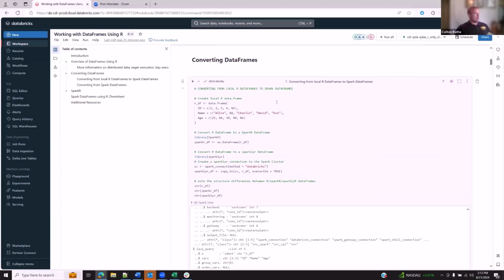Okay, let's hop in and start talking about some data related stuff. First, we're going to talk about converting data frames. This first example is converting from local R data frames to Spark data frames. I go ahead and make a sample R data.frame there. To convert that R data frame to a SparkR data frame, all we have to do is load the SparkR package, and then call the